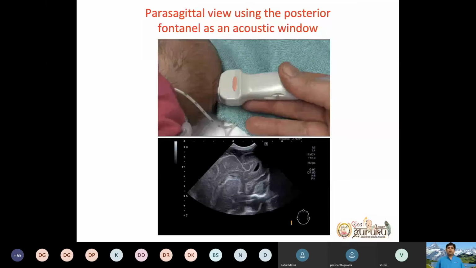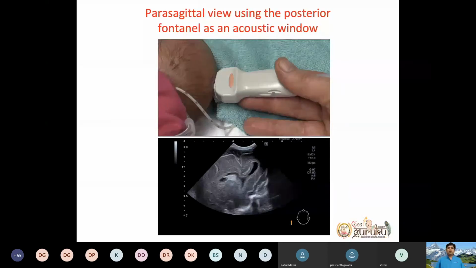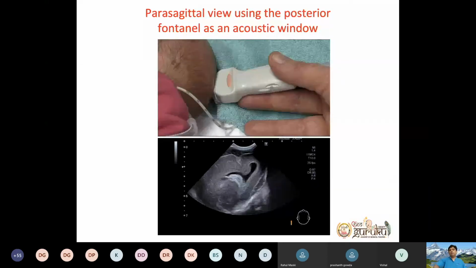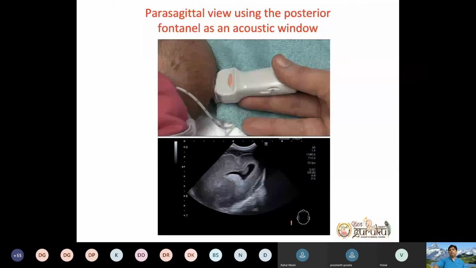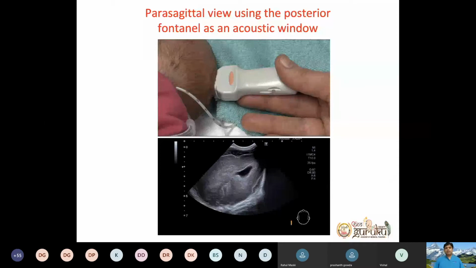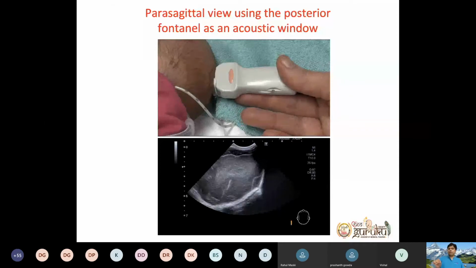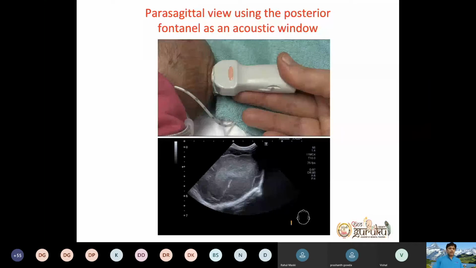I was telling you the occipital horn is ahead. If you go through the anterior fontanelle, the occipital horn is below. Here you are trying to see from the back, so you will first see the occipital horn at the top. Try to take a parasagittal sweep from center to lateral on the right side and the left side, both. These are the structures which you will be seeing in parasagittal. That is the next slide.